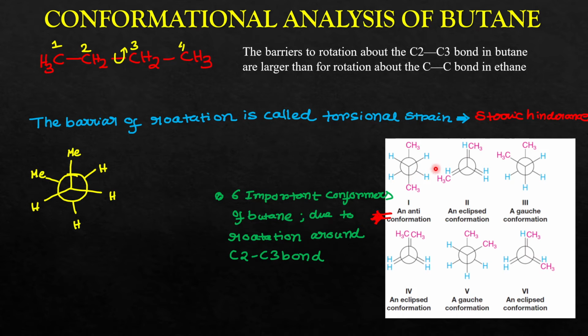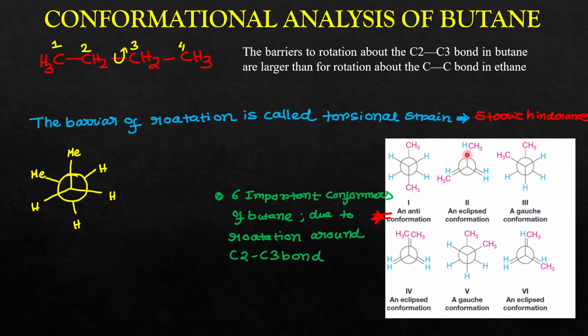This is called the anti-conformer. This is the most stable conformer, and in the conformational analysis part I will show you in the next slide. This is the anti-conformer where the 2 methyl groups are at the anti position, or opposite position, and these are called eclipsed conformers, because the phi angle is 0 degrees.